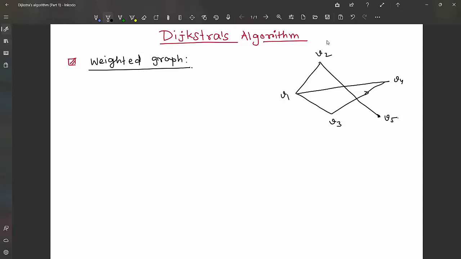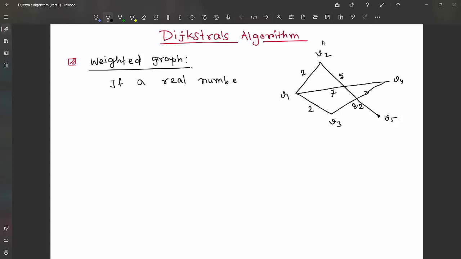But if we place some real values with respect to every one of these edges in this way, suppose this is 2, this is 5 unit, this is 7, this is 2 unit, and this is suppose 8 unit, or maybe 8.2 also, these are real values. So if we assign some real values to each edge of a graph G, then we call this graph G a weighted graph. So weighted graph means,